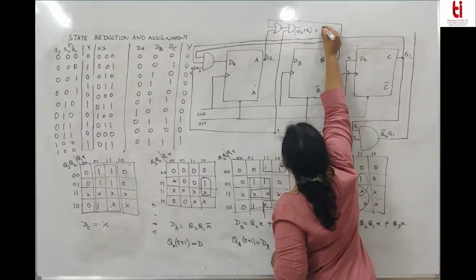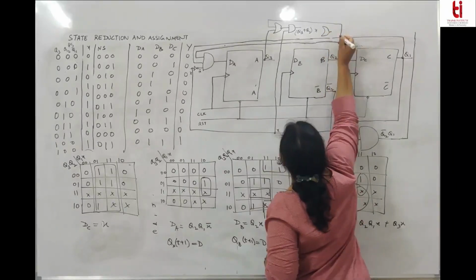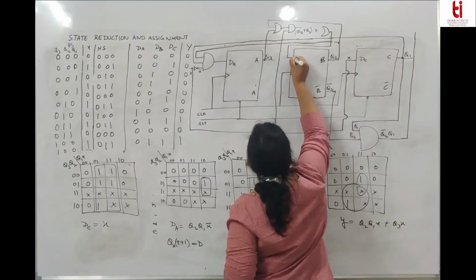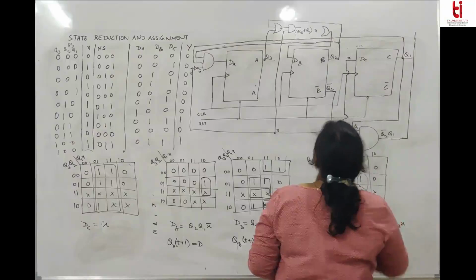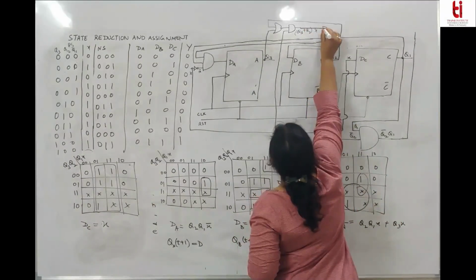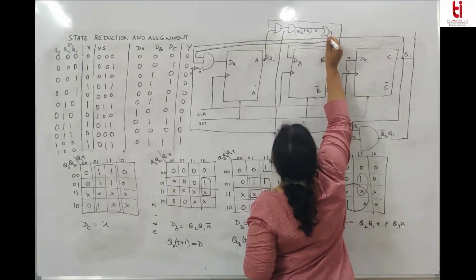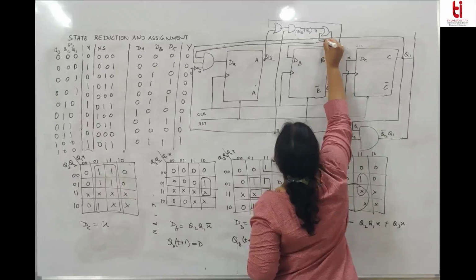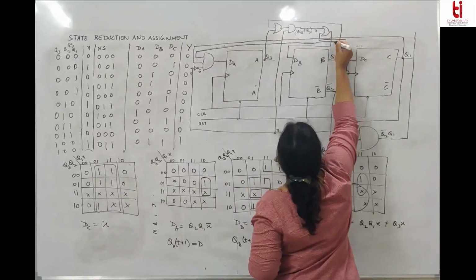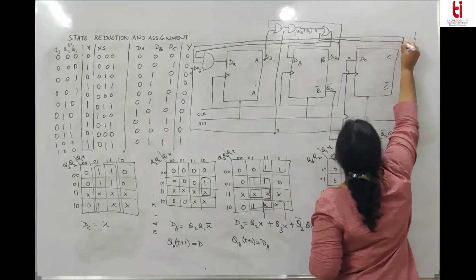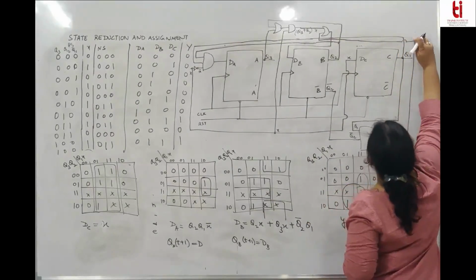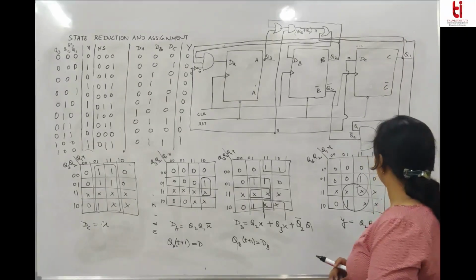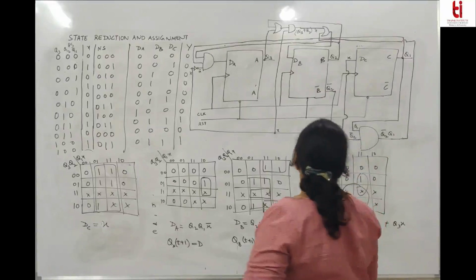Yeah, and it goes to this DB. So Q3 plus Q2 into X and Q2 bar into Q1 finally comes. This will be given to. And what is Y? Y is given by B. So Y is